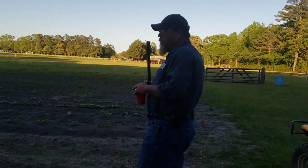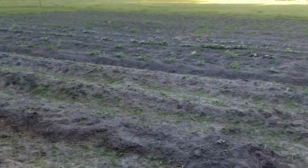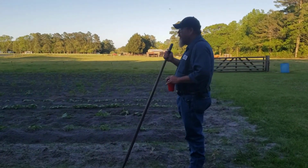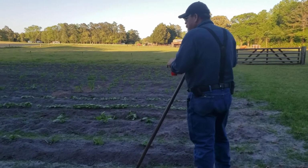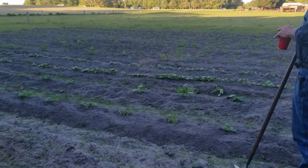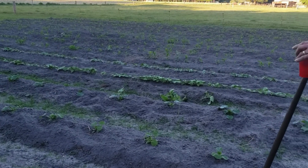Got 2 rows of cucumbers that the frogs bit a little bit. I think they're going to make it, but it burns in. Gonna have 2 rows of okra when it's time to plant them. It ain't quite time to plant them yet. 2 rows of squash, a row of butter beans, and a row of string beans, which ain't enough to put